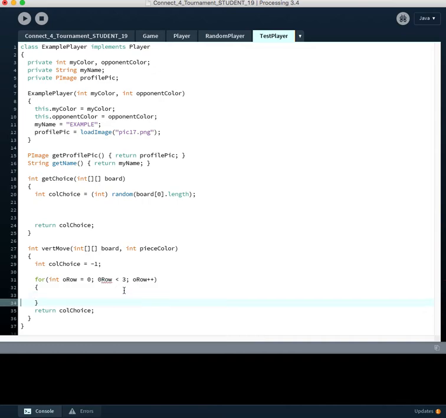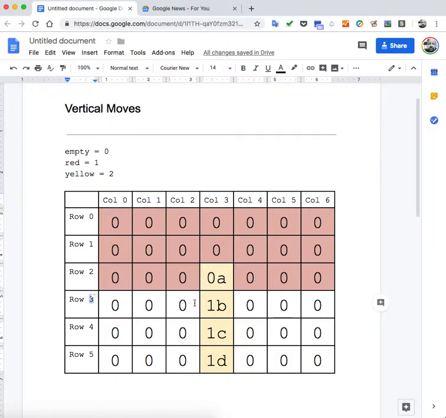Okay, so that's the row loop. What about the column loop? Well, if we look here, are we limited at all with respect to the column values? No, because we want to check the final column too. So we want the column to go from 0 all the way up to 6 and stop before 8 goes